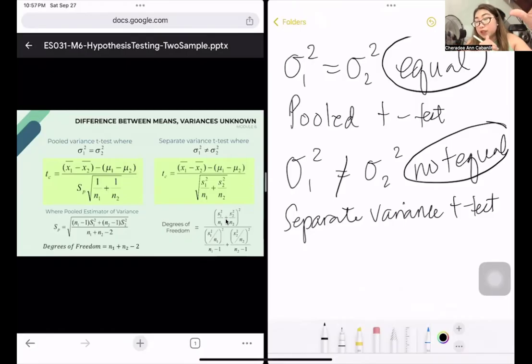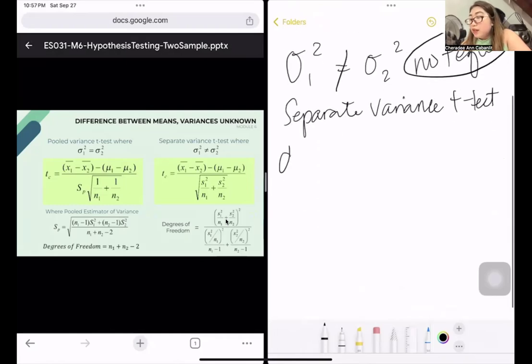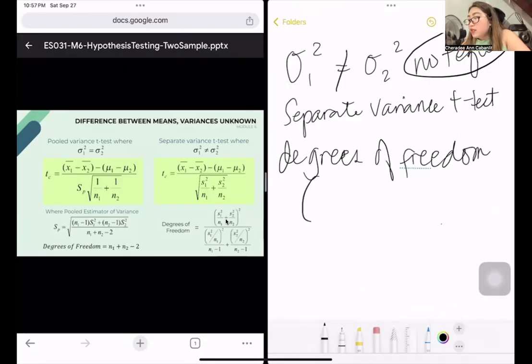Variance of the first sample, or sample variance of the first sample, plus the degrees of freedom of your second sample multiplied by the variance of the second sample over your degrees of freedom for this. So the computation now for the degrees of freedom for the pooled variance t-test here is your sample 1 plus your sample 2 minus 2. But we're gonna use the same t-table.